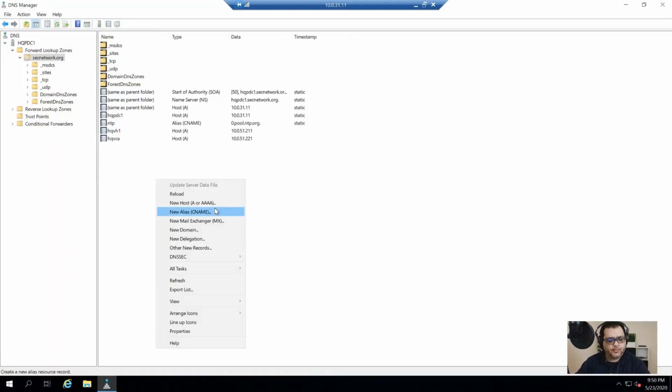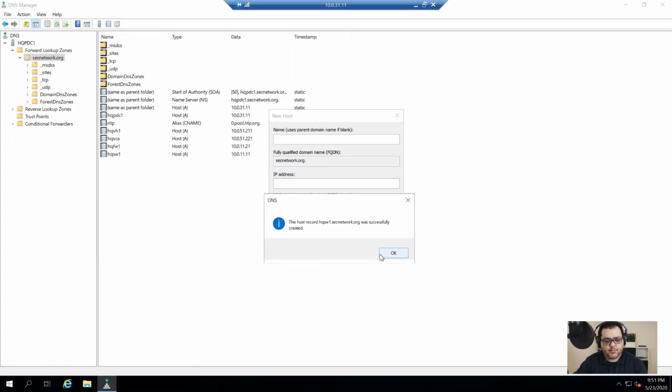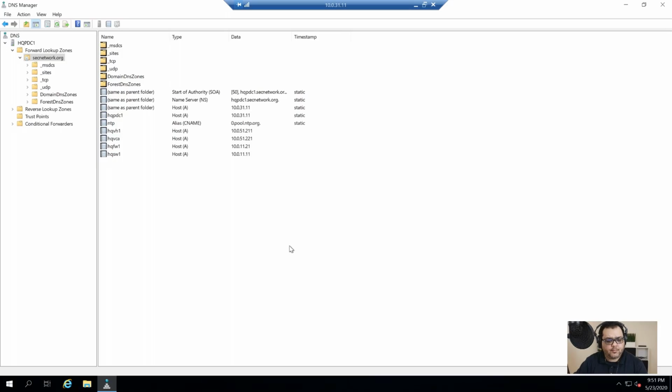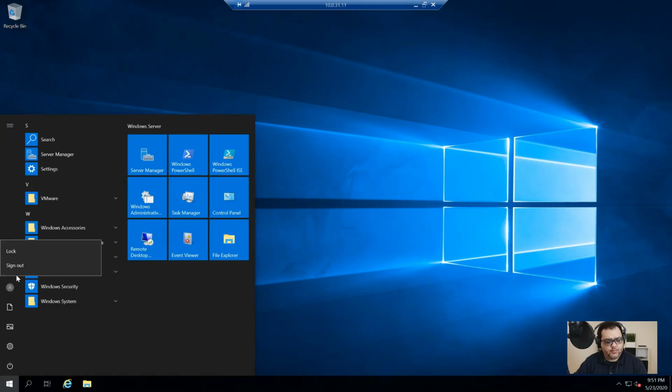And since I'm here, let's just create HQFW1 for Firewall, 10.0.11.21, and the switch HQSW1, 10.0.11.11. Alright, so we're good with this for now, so we can close out of this, sign out,